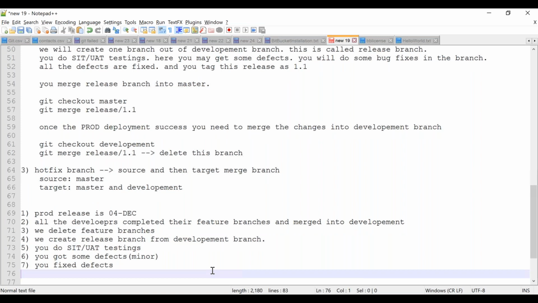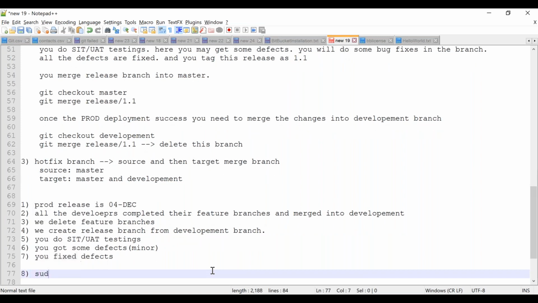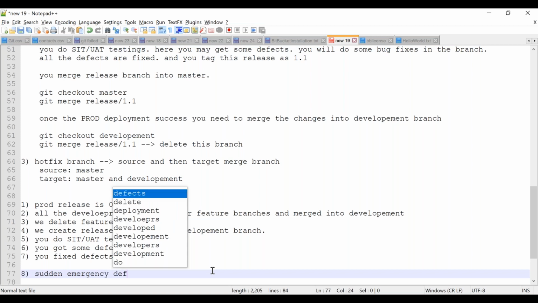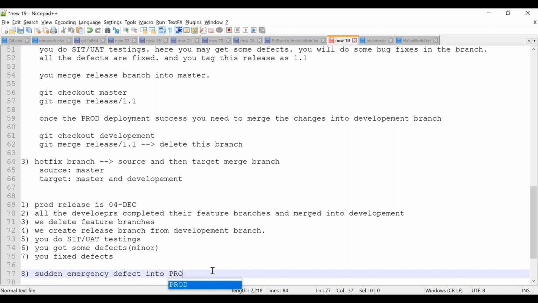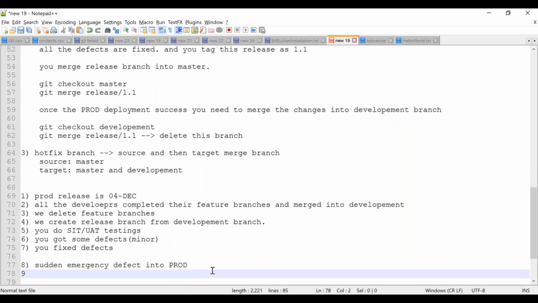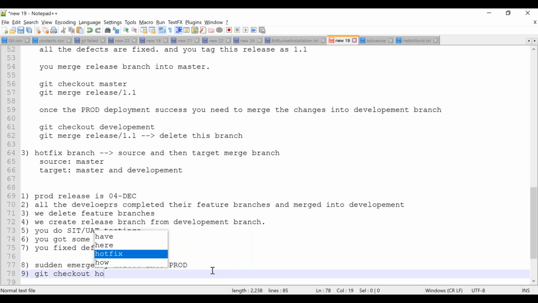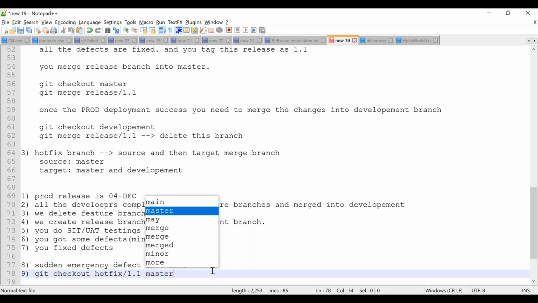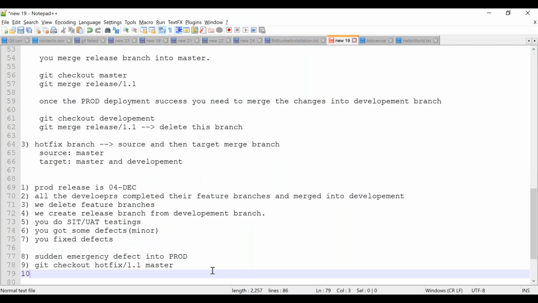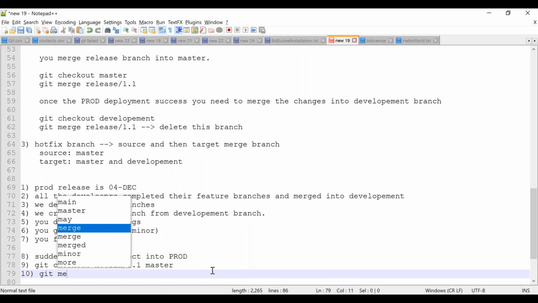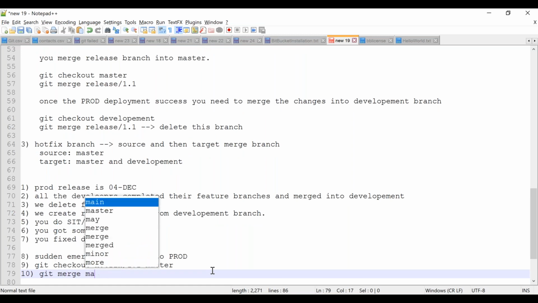Now there is a sudden emergency defect in prod, which should be addressed immediately, otherwise your business goes down. So what you do, you create hotfix 1.1 from the master branch, and then you will merge it back into